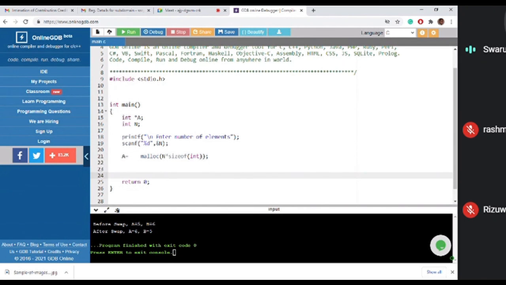How am I calculating the number of bytes? For an array, what is the number of elements that I'd like to take, and for each element what is the size, so that if you multiply it, then it will give the total number of bytes. So total number of bytes is going to be n into size of that particular type of variable. Finish.